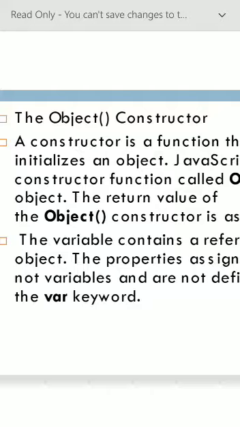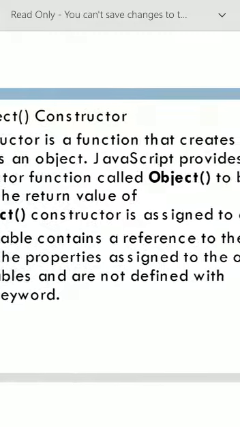The return value of the Object constructor is assigned to a variable. The variable contains a reference to the new object. The properties assigned to the objects are not variables and are not defined with the var keyword.